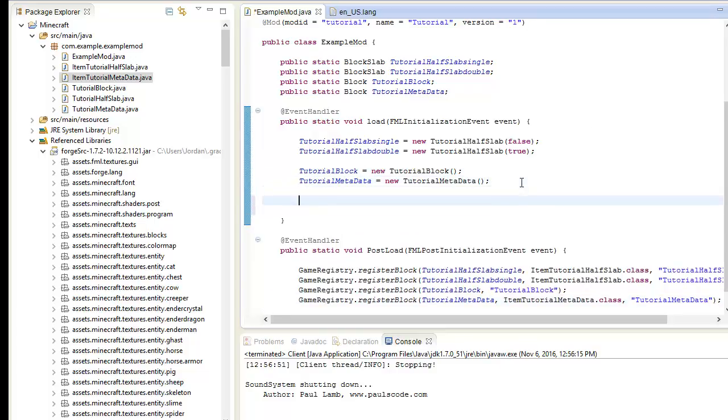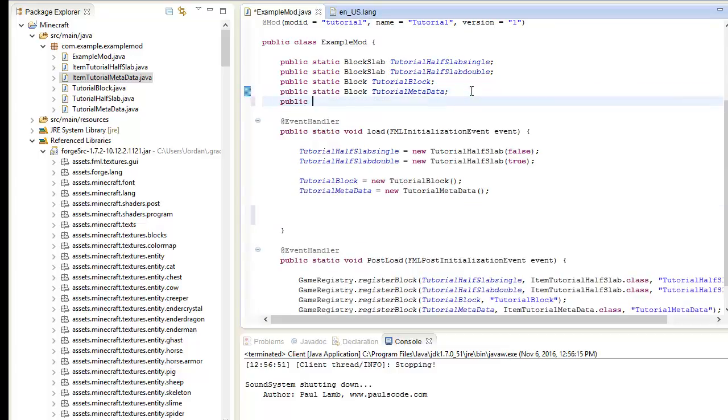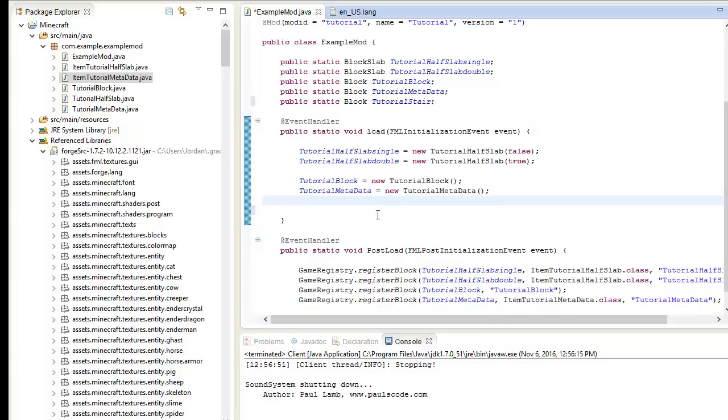So to begin, we need to start up here with public static block tutorial stair. At least I think we left off with stairs, so I'm going to try to continue with that. Tutorial stair is equal to new tutorial stair,